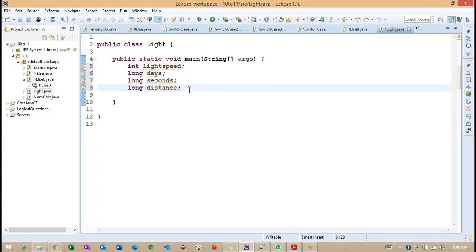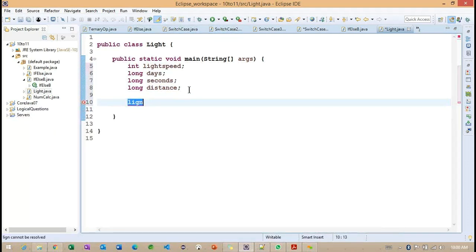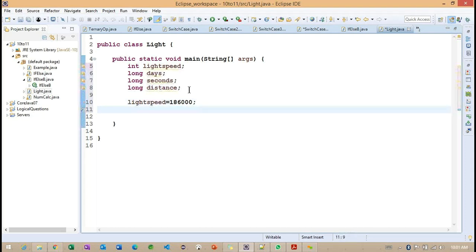Whenever we are creating these 4 variables, now what am I doing? I want to initialize the value. Lightspeed: I want to provide the light speed here. So we declare the variable here, and we initialize the value.